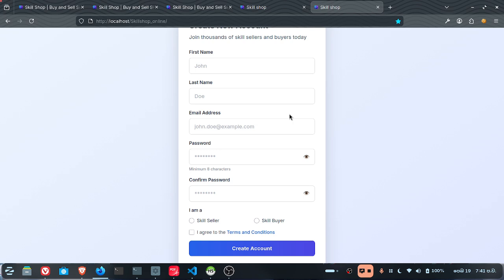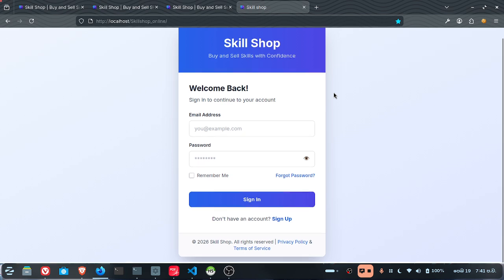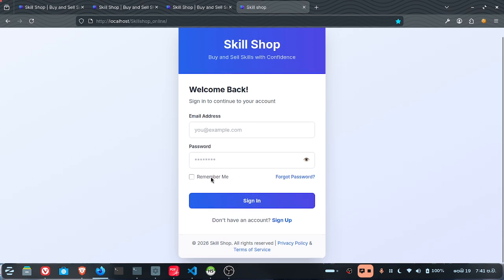Alright, so after he signs up, now I go to the sign in. He can sign in with this remember me option, and cookies will load when remember me is clicked, or without it. Without it, even if the browser is closed he can't access, because he didn't click remember me. When he clicks remember me, even if the browser is closed, the cookie will stay. After the user signs in,